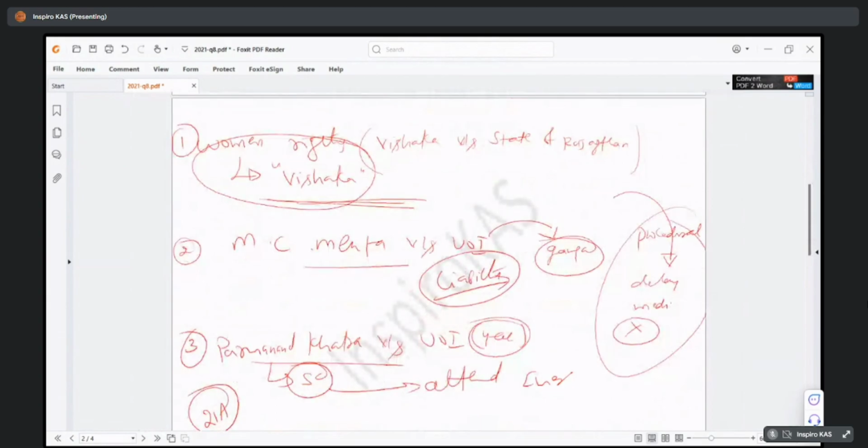Now when we are studying women rights, we write in the answer that the Supreme Court gave the Vishaka guidelines. Okay, so the Vishaka guidelines was a PIL only. Same thing with Parmanand Katara. When we are studying current affairs and all, we would have heard this case, Parmanand Katara, or MC Mehta. When we are reading about the Ganga Action Plan, we say the Ganga Action Plan was started by the Supreme Court only, with absolute liability. We say MC Mehta versus, so whichever cases we know, we have to convert that to this.